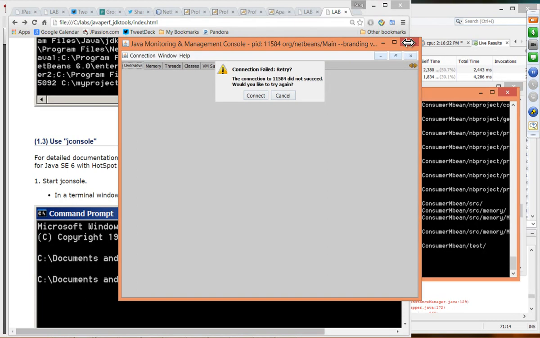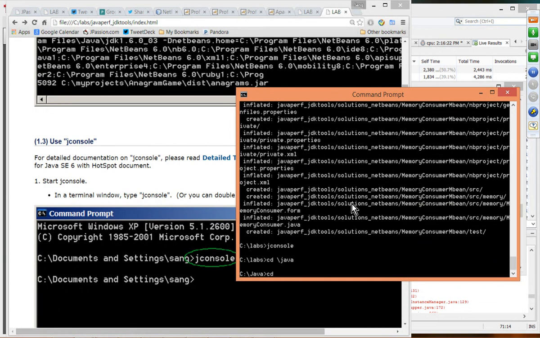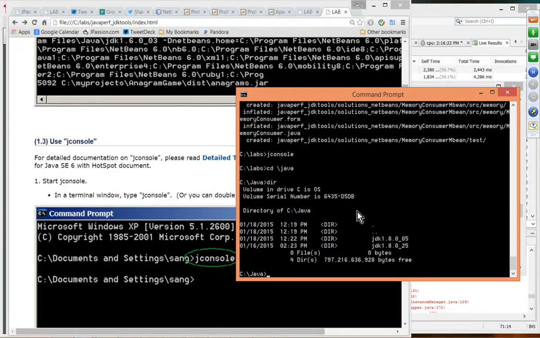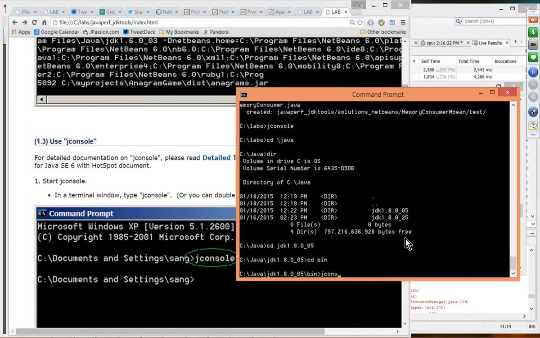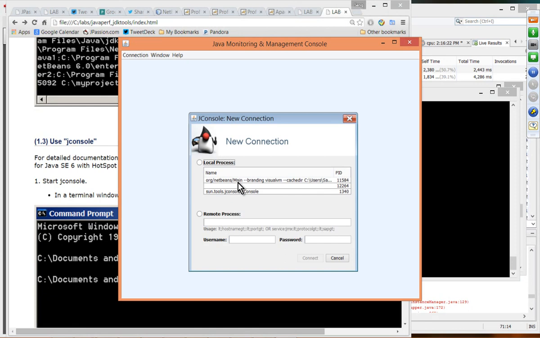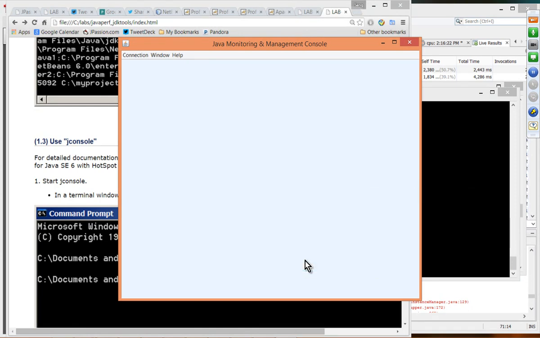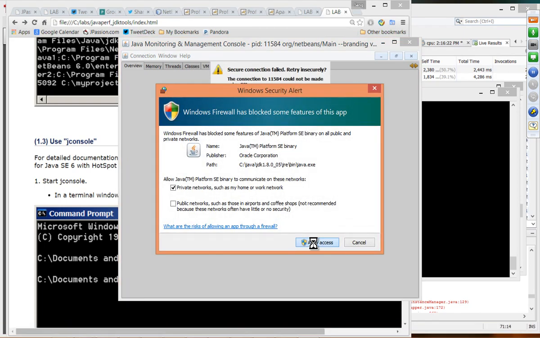Oh, it looks like I was actually using the incorrect version. So let's again go to Java, and I'm going to use the 05 version. Go to bin, and then JConsole here. Okay, so Visual VM, connect, cloud access,